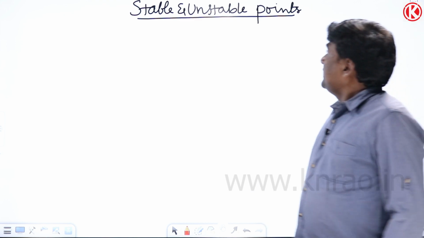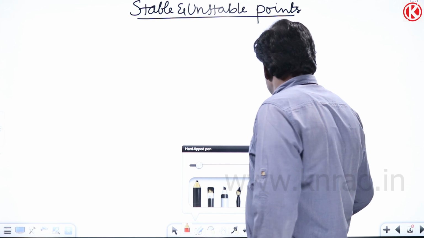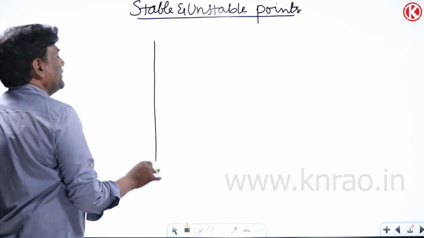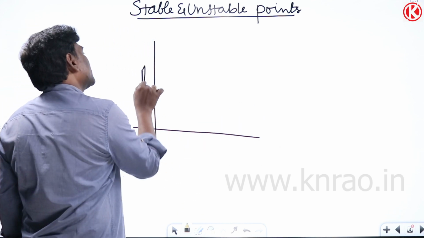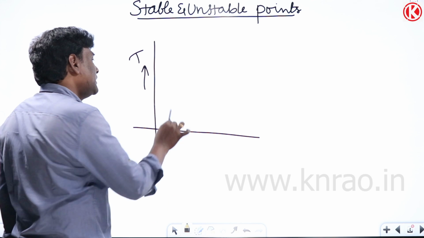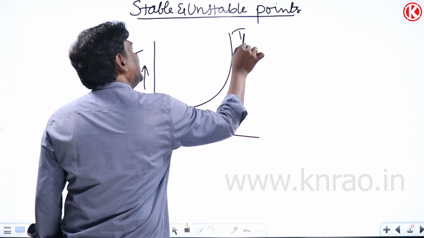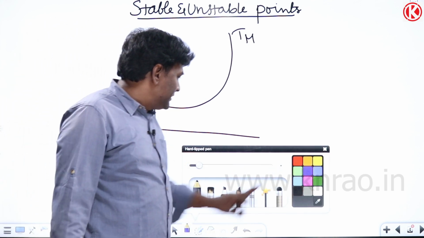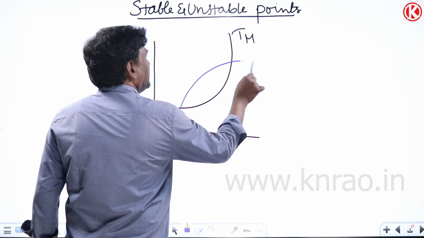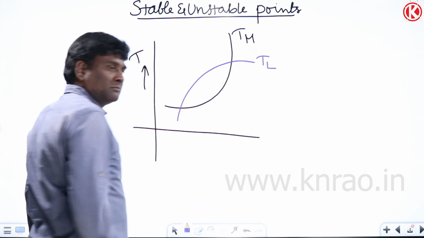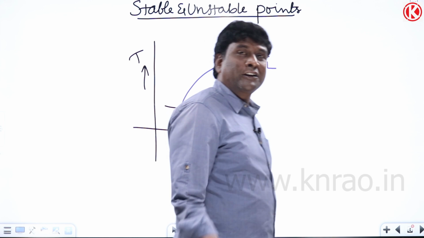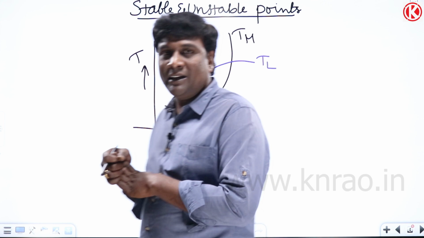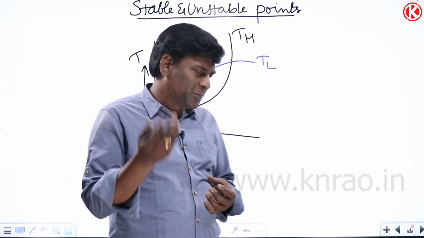Now let us see that stable and unstable points we should know. Multiple times they have given questions on this. This is torque. For example, this is the torque developed by the motor. And if I think of this as the torque requirement of the load, I need not say that the torque requirement of the load is always constant. For example, solid to solid friction torque requirement will be constant, like metal cutting tools, as I said multiple times.